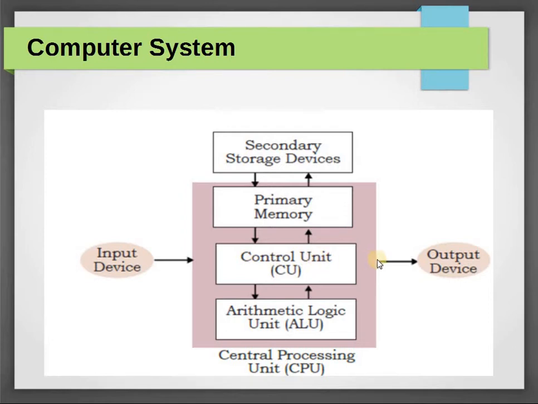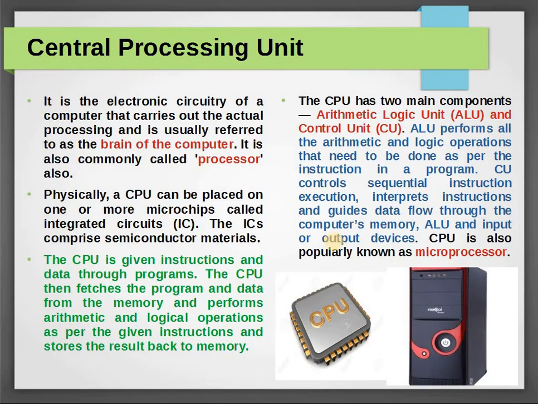Students, a computer comes in various forms and sizes. It can vary from a high-end server to a personal desktop, laptop, tablet computer or smartphones. Now we will study different components of a computer system one by one in brief. First is central processing unit. So what is central processing unit? It is an electronic circuit of computer that carries out the actual processing, and it is usually referred to as the brain